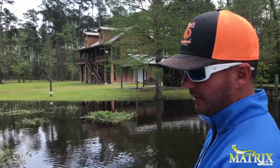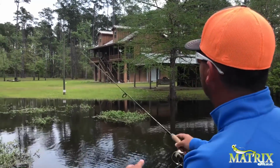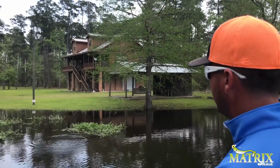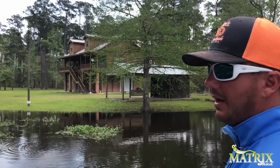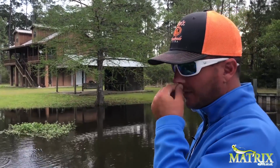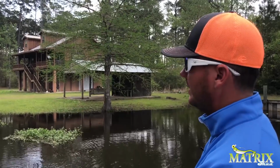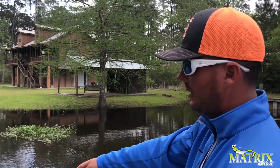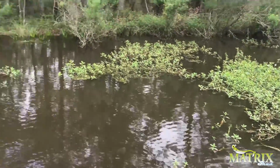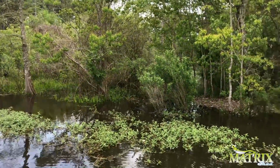All right, whenever you're fishing deep in these freshwater bayous like this, especially, you know, this one is a natural bayou. It's got man-made little cuts off of it. So on the man-made cuts, we're finding that they're really deep. So you got to try everything. We got areas that's got vegetation like this right here, hard floating grass, and the crappie could be